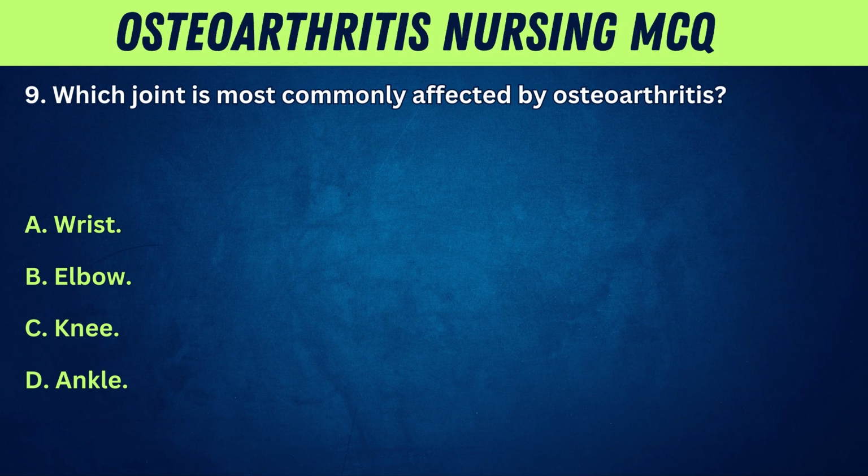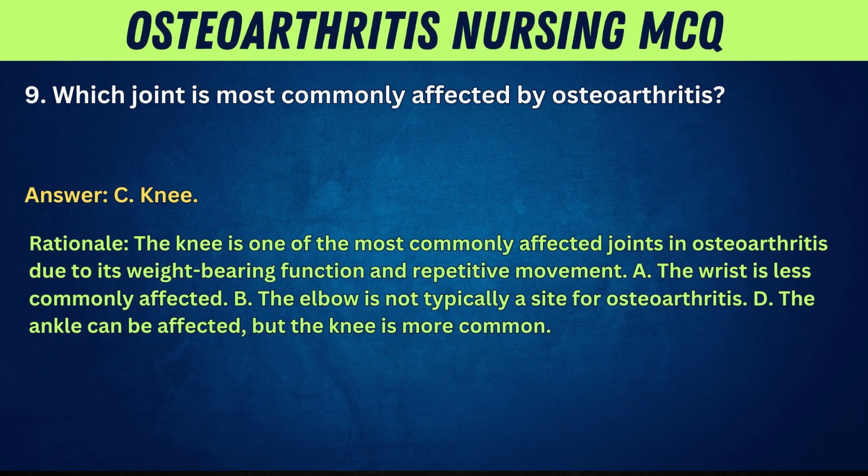9. Which joint is most commonly affected by osteoarthritis? A. Wrist. B. Elbow. C. Knee. D. Ankle. Answer: C. Knee. Rationale: the knee is one of the most commonly affected joints in osteoarthritis due to its weight-bearing function and